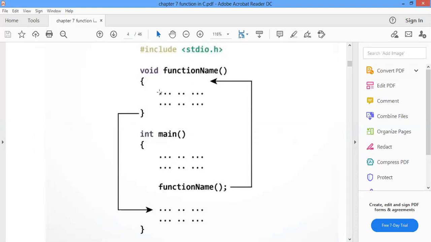And after completion of that particular function, your compiler will return to exactly the next line after the function calling, because when the function is called, control jumps to your function. After completion of the function, the compiler should return to the next line after the function call. So this is the execution.